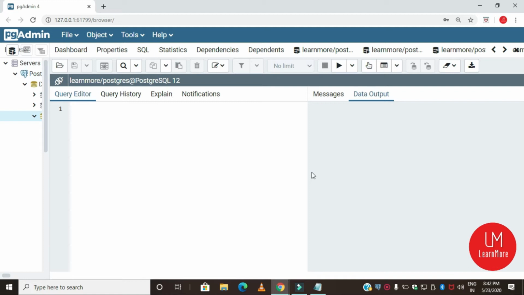Let's try one example. I want the full name of all students. Full name means the first name plus the last name. So I'm going to write the query: select FNAME, then use the concatenation operator.